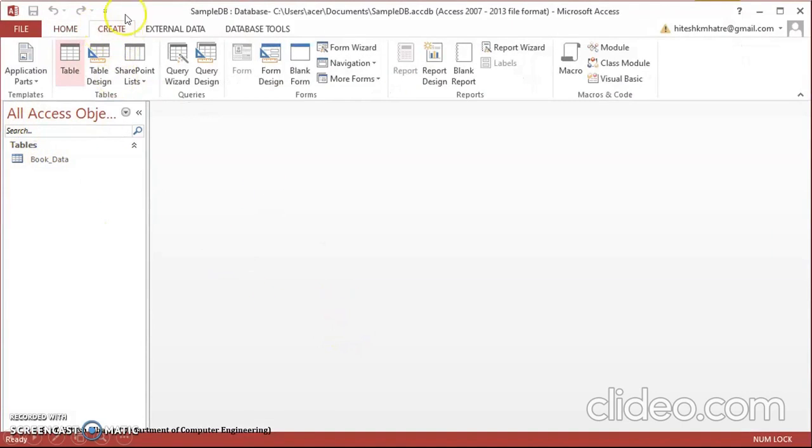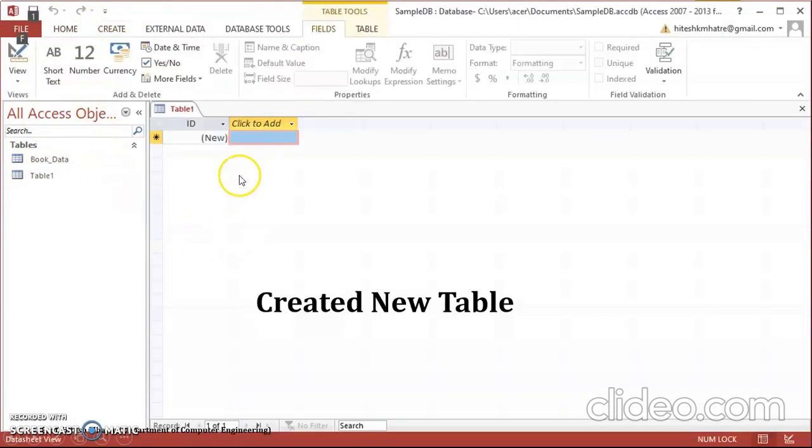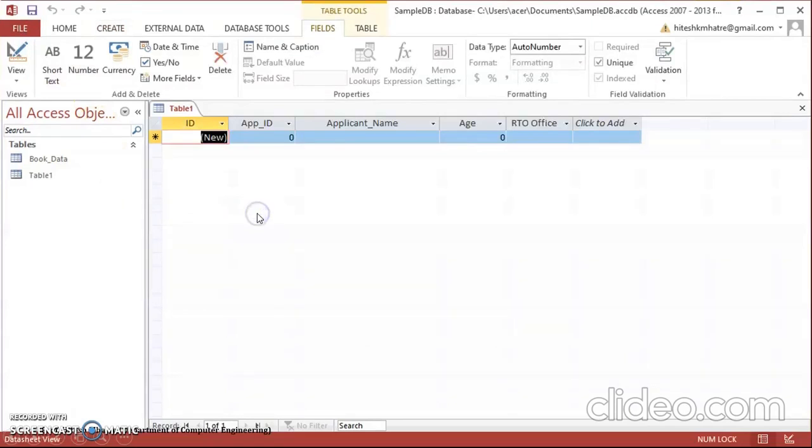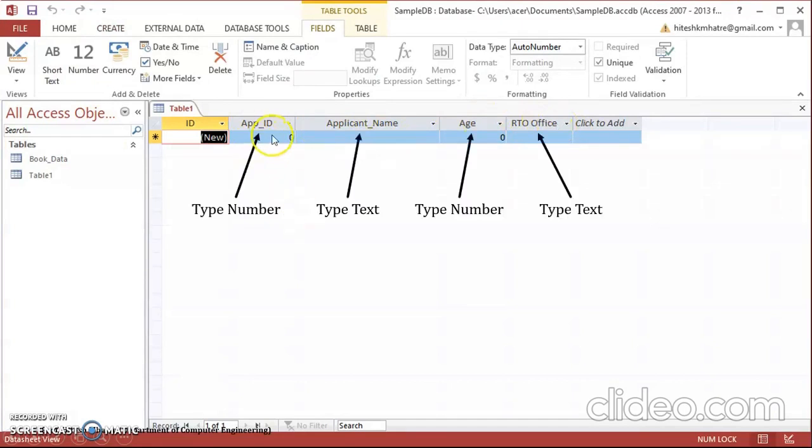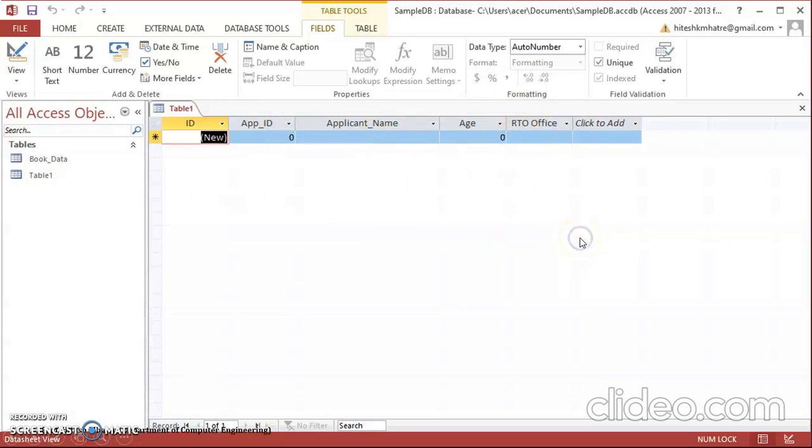So we will go to create table. So a new table is created. I have created 4 columns, that is application ID, application name, age, and RTO office. ID is of type number, name is of type text, age is of type number, and RTO office is of type text. So closing this,